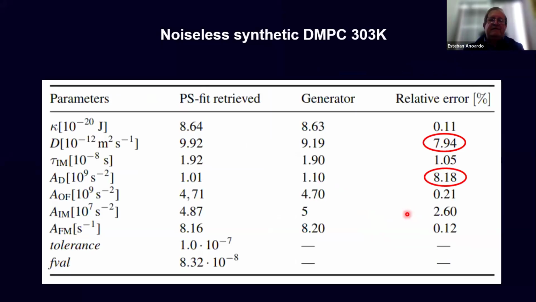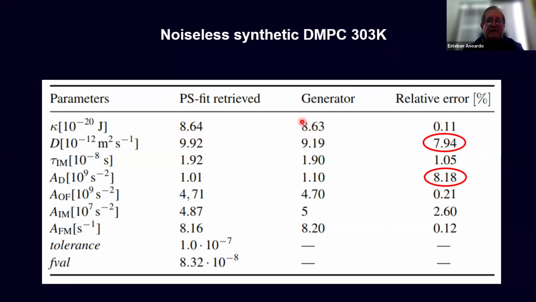This is the noiseless synthetic DMPC curve. We use fitting here with the generators, those we get from the experimental first. And this is what we get from the PS fitting of the curve without noise. And then we can observe that for diffusion, the relative error is much bigger than for the rest. By the way, we can see that